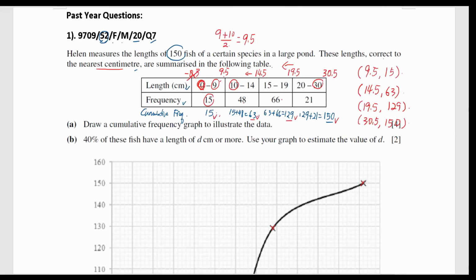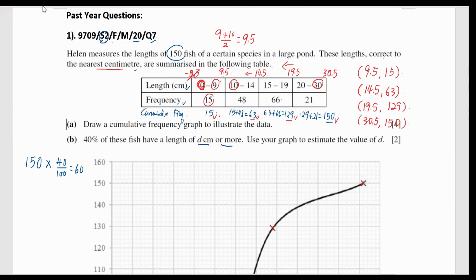So if we are looking for 40% of the fish, 150 fishes here, and 40% of them, so we times 40 over 100, right, percentage. And we know the value should be 60. So the question is asking for the 60 fishes that the lengths are greater than, right, d cm